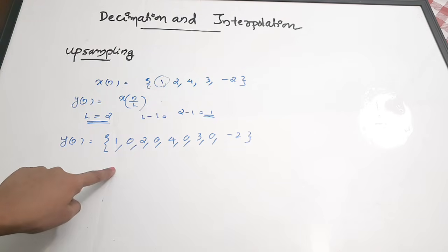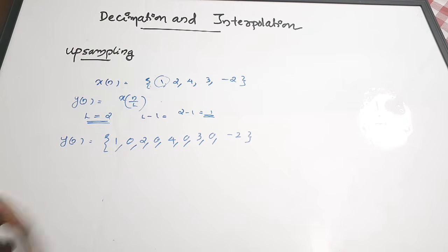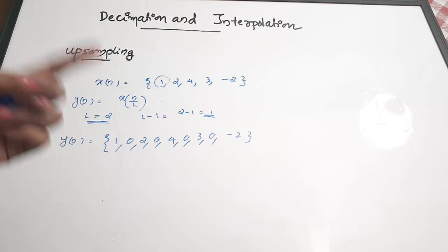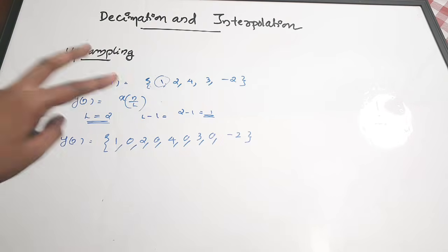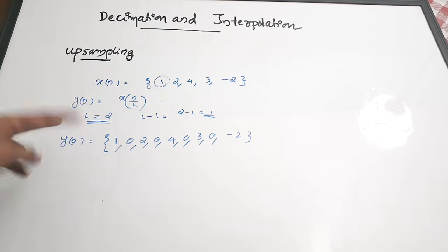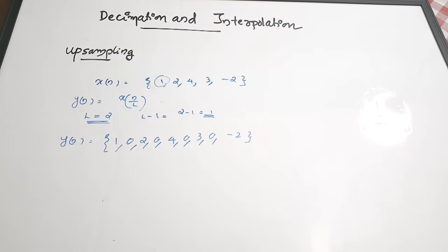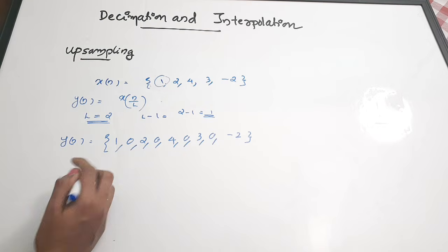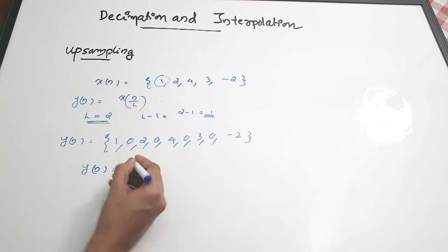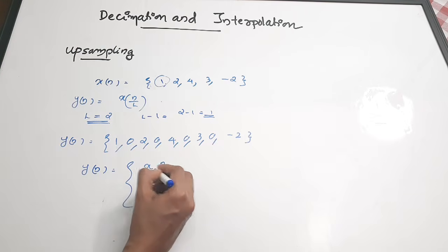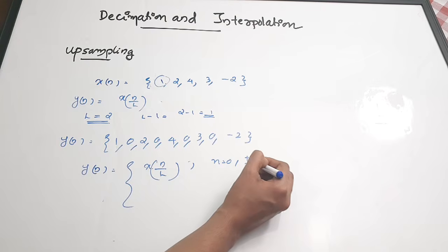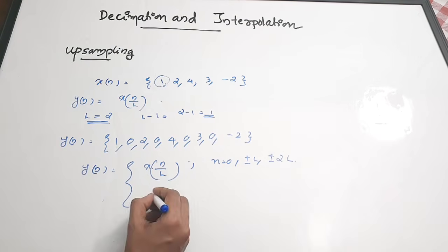Why am I giving examples? Because in some question papers, this type of data sets will be given to you. You will be asked to perform either upsampling or downsampling. So in that case, you have to perform this operation, and also we have explained an example in upsampling. So that type of problems also you will be facing. So this is how you will be performing upsampling, and the upsampling equation, as I said, y of n is equal to x of n by L for n equal to 0, plus or minus L, plus or minus 2L, likewise, and 0 otherwise.